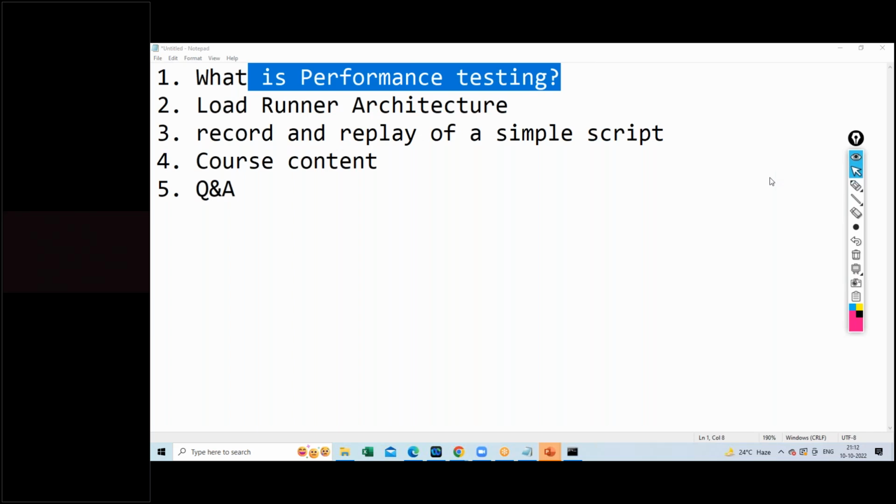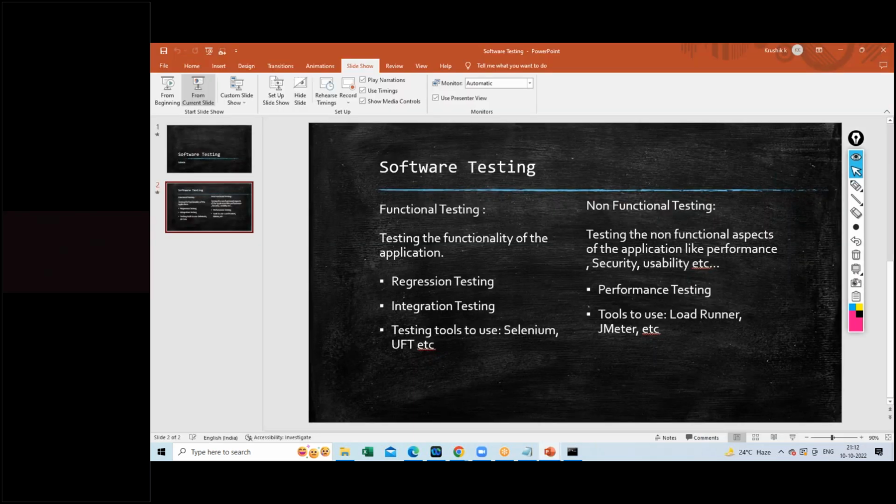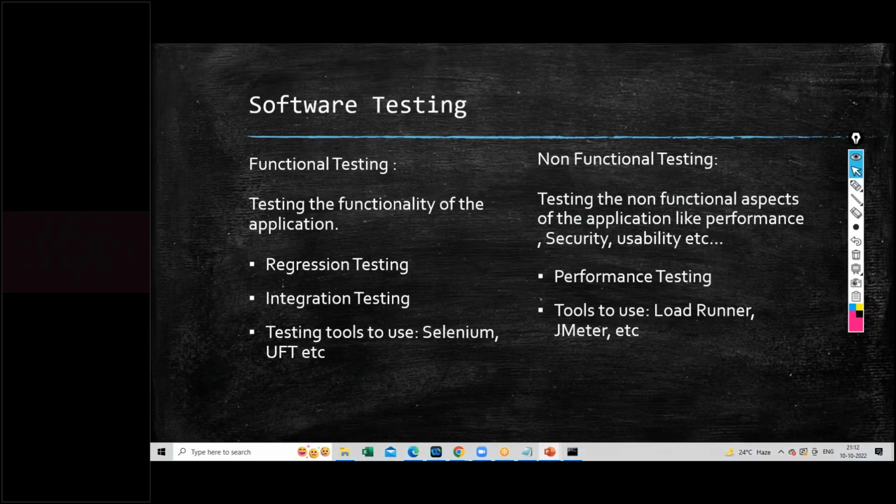For the first point, let's look at the difference between functional testing and non-functional testing. Obviously, software testing is divided into two: functional testing and non-functional testing. Functional testing is all about testing the functionality of the application, whereas non-functional testing is testing the non-functional aspects like performance, security, etc. So when I say testing the functionality of the application,